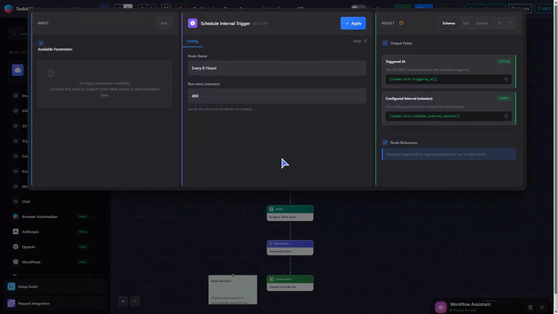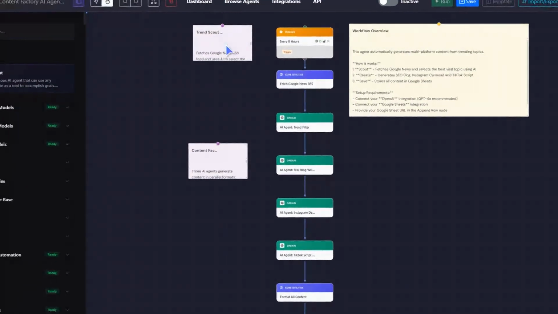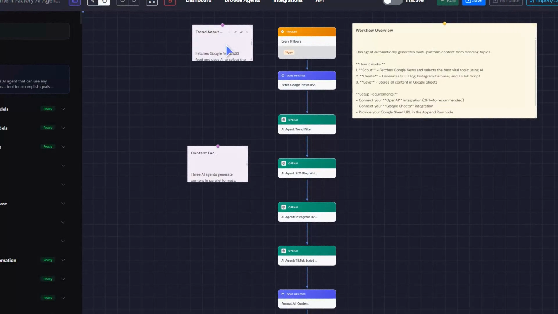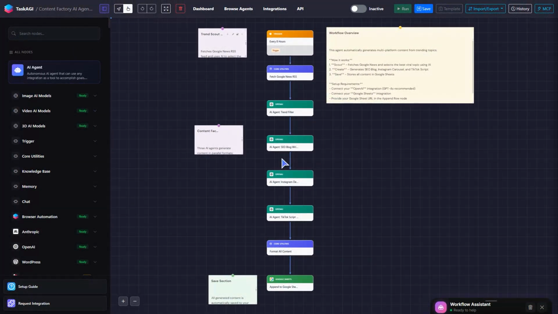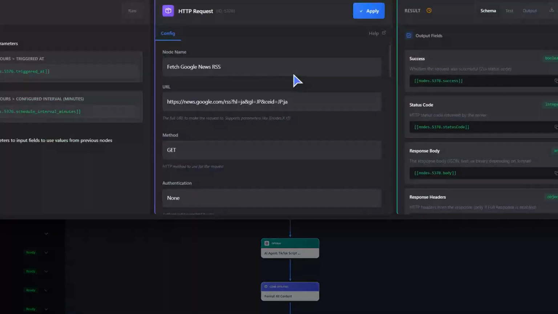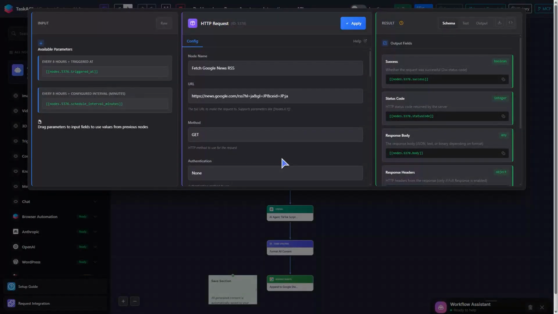This node uses GPT-4o Mini to analyze incoming RSS feed data and intelligently selects the single best-performing topic for social media across gadgets, AI, and lifestyle content, returning the chosen topic along with reasoning and target audience insights. This node leverages GPT-4o Mini to generate a 3,000-character SEO-optimized blog outline using a conclusion-first writing style based on your